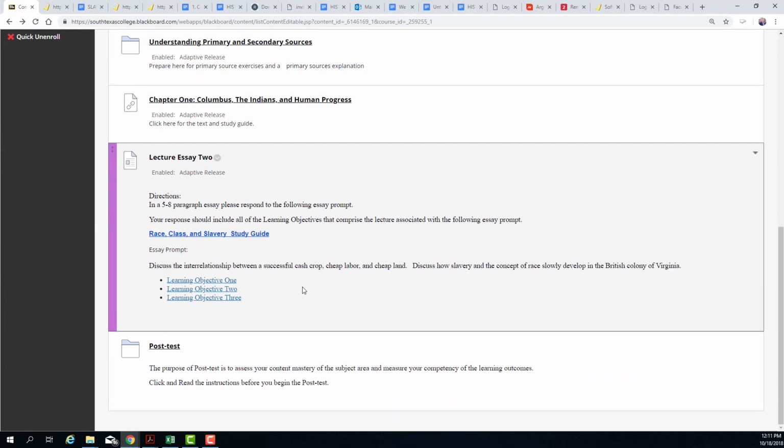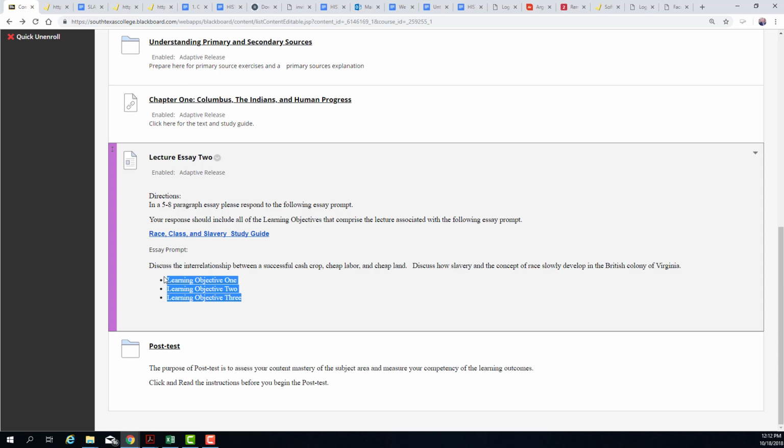When you are done responding to each learning objective, and take note of this, each learning objective will provide you with 1 to 3 paragraphs. A paragraph is roughly 4 to 6 sentences. Again, that's a general guideline.